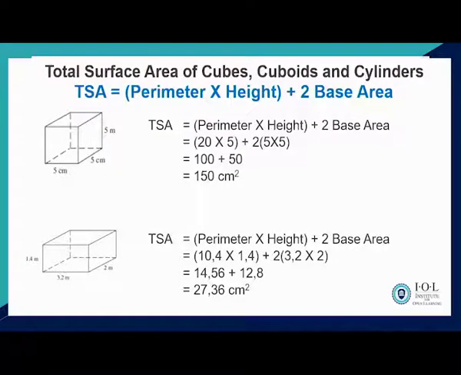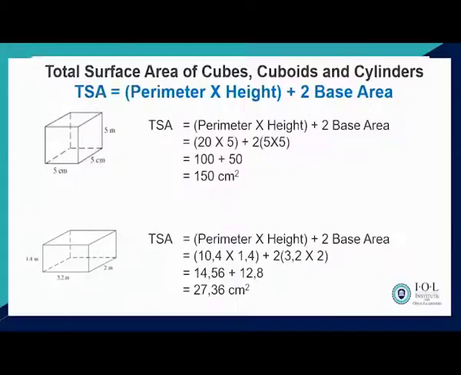Now, in these questions, you have to read carefully if that roof is there. Sometimes we talk about an open box with no lid, or we talk about a circular reservoir that's in a cylindrical form, a big water reservoir with no cover or no lid. Then remember, there's no roof. So what are we talking about? If I say perimeter times height, imagine yourself